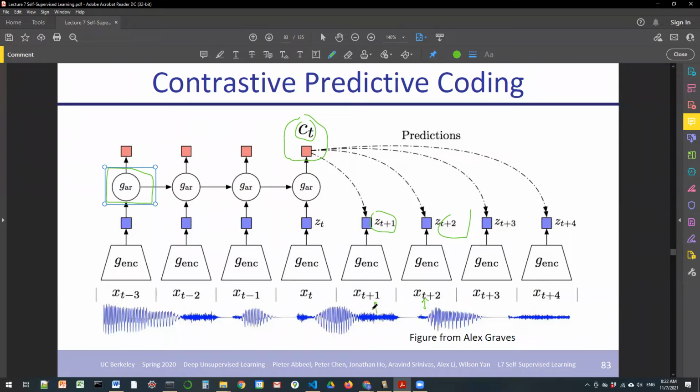Now, what you could do is sample the positive. Obviously, we want the correct positive, but for the negatives, you could use negatives from the same audio signal, or you could use negatives from various different audio signals. And this choice becomes very important in this whole contrastive predictive coding. So what do I mean by this choice? The choice of the negatives that we use is very important, because